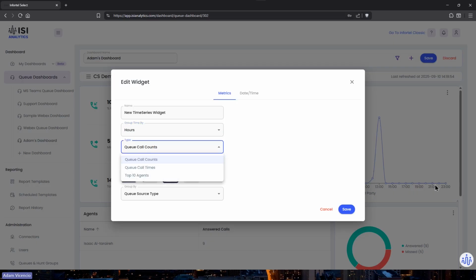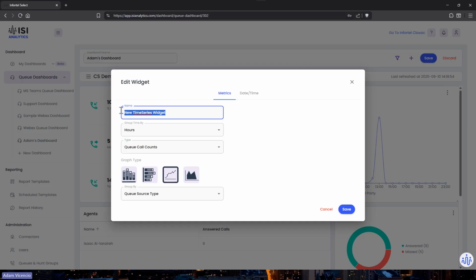So in this particular time series, you want to see it for the given time. This is a month's worth of data. By each given hour, how many call counts happen in each hour. You can see your busiest call time. So this will give you an idea of, hey, I might need to staff a little bit better at the 1 o'clock hour because we get a lot of calls. So let's go ahead and do that.